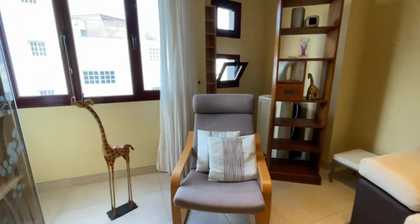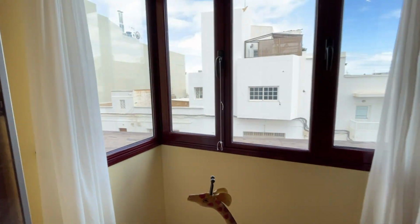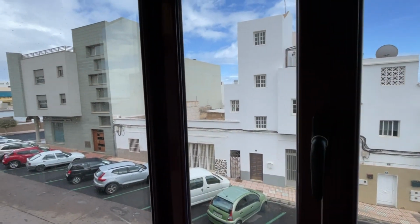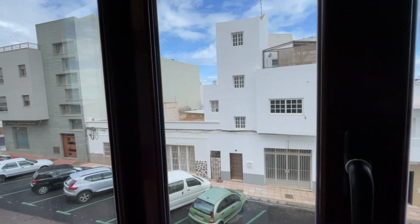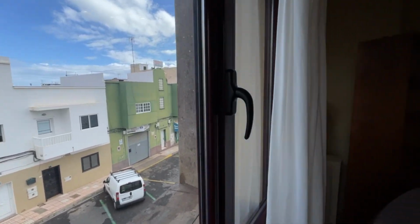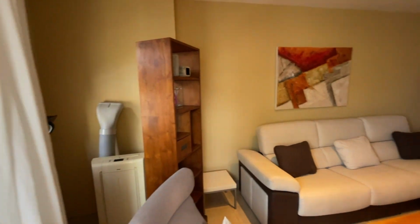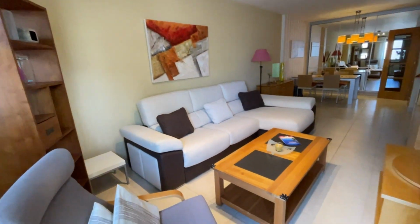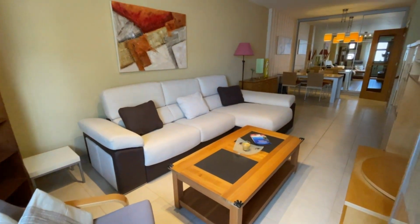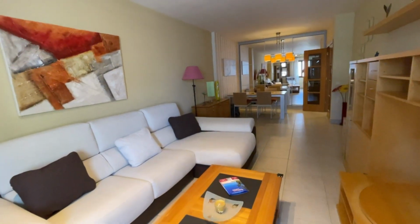Space for an armchair, even a giraffe at the end here. And this corner window just shows you where we are. You've got views out, of course, to the city and down the street where we've just come from. This is morning sunshine, so loads and loads of morning sunshine here. I have to say this is a very, very long and spacious room for an apartment in the capital, and